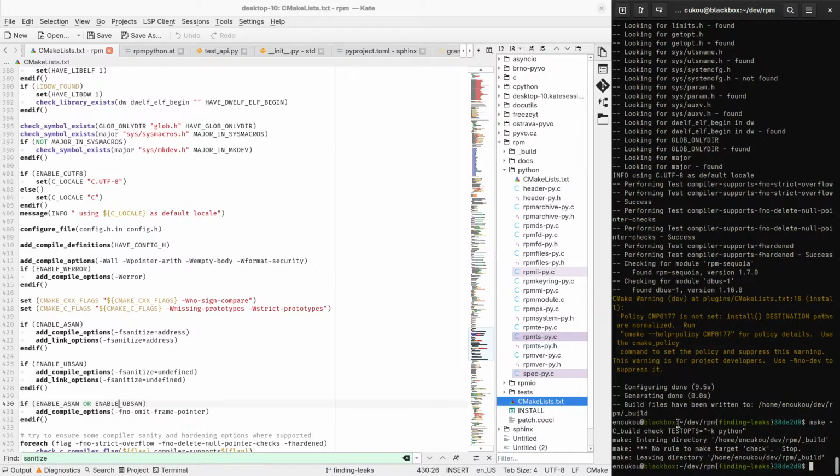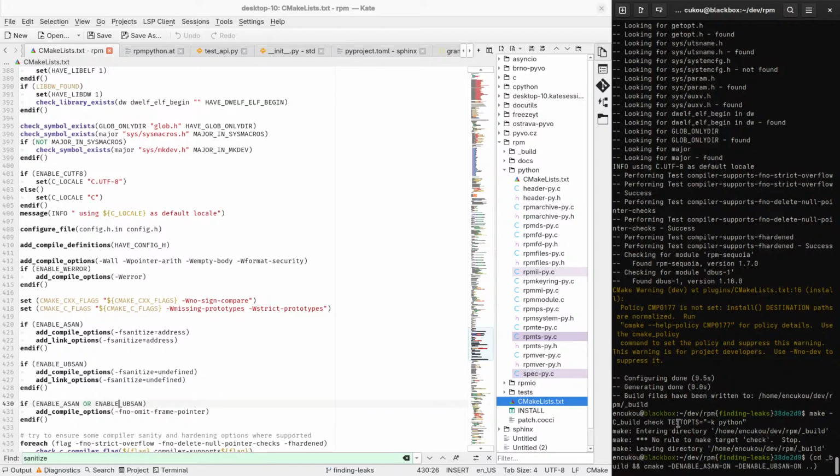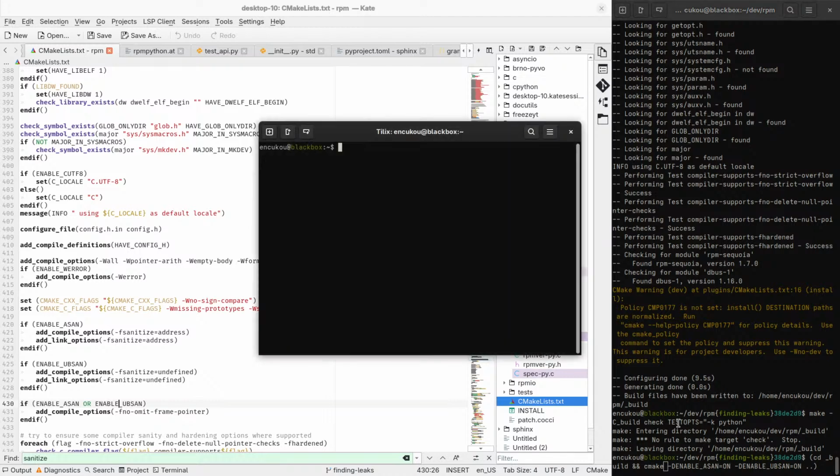Okay, great. Okay, again, CMake -D enable test suite on, I guess. Ah, lost. Enable test suite on.